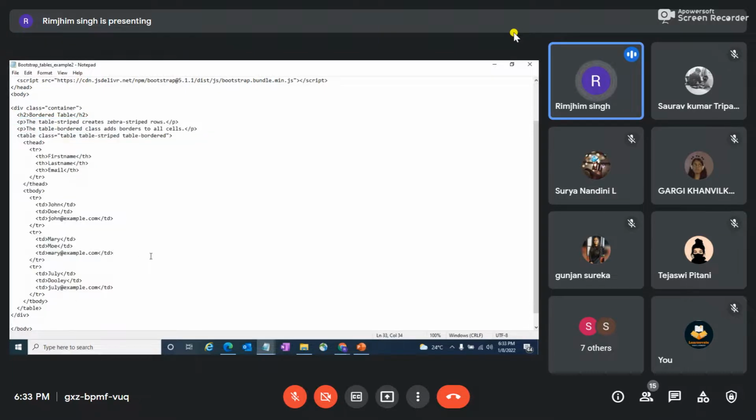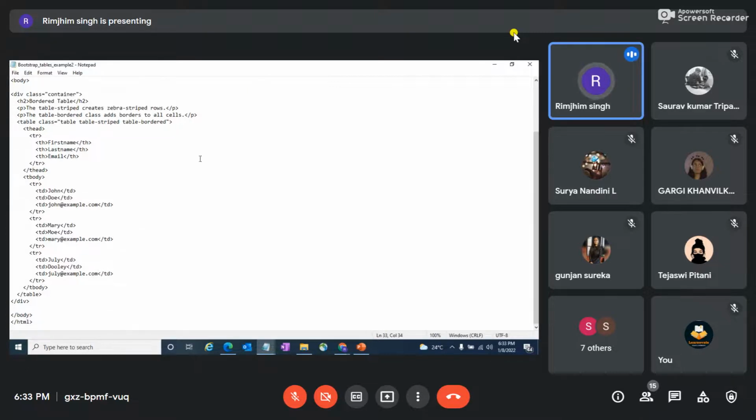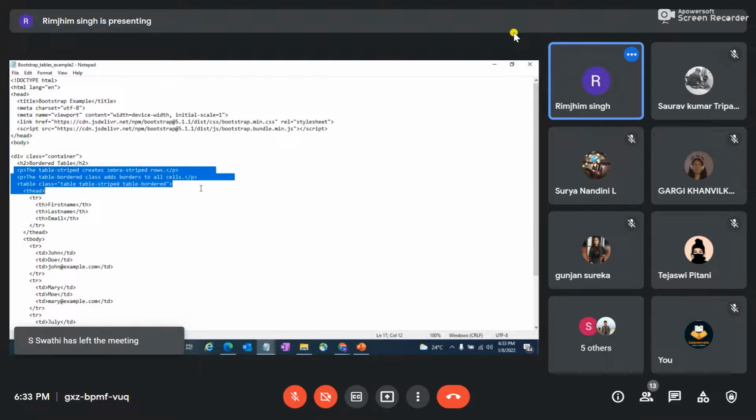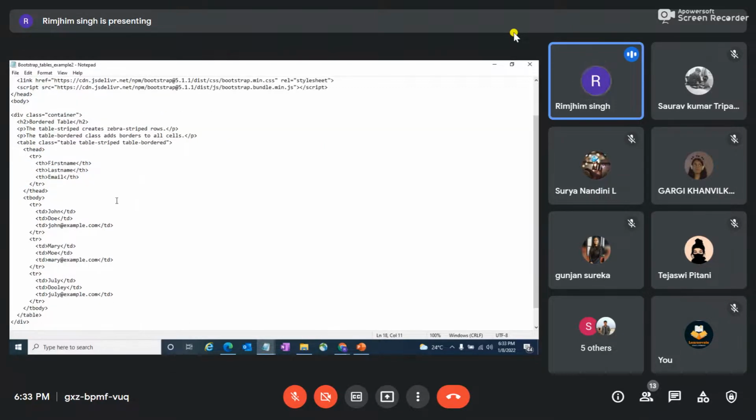This is a simple Bootstrap program without grid or flex, just a normal Bootstrap program as I ran in the beginning for hyperlink. So here I'm declaring a container, and inside my container I am making a table. My table row and table heads are these things, and these are my table data which I'm just putting in my program.